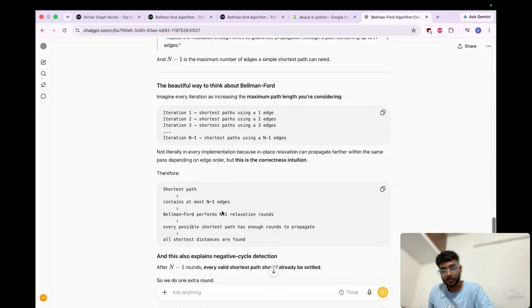Oh, okay. This intuition is, I think, the best one I can get. So, let's say there is a node 0 to 1. I mean, you are relaxing all the edges that are accessible from the source, and